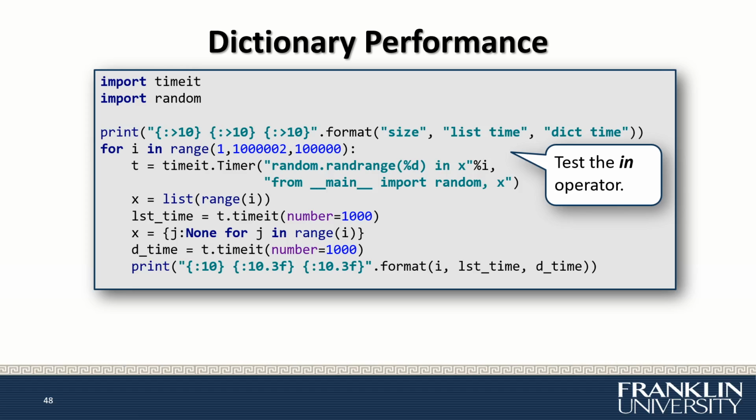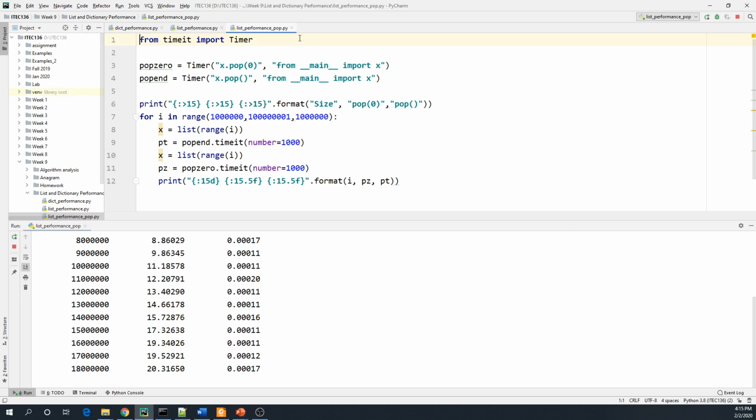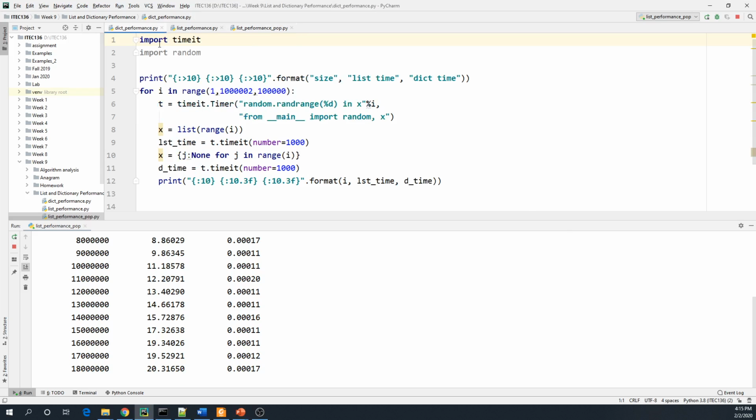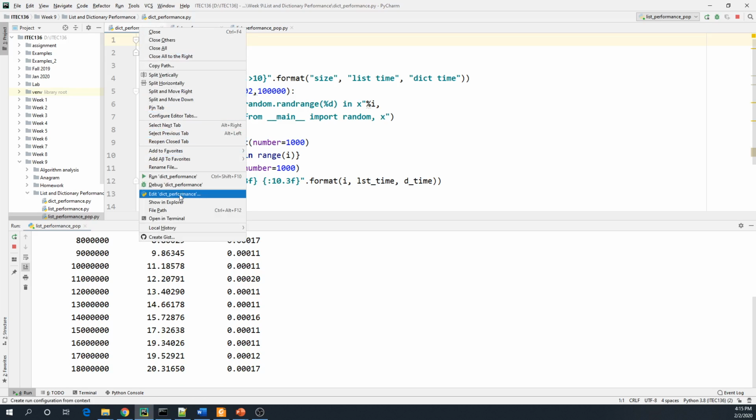What about dictionary? Dictionary, if you recall, uses key value pairs. And we do not use an index to look up a particular value with a particular key. So given this setup here, I am going to insert something into a dictionary and then try to read them out and look at the performance. I have some random numbers in the dictionary and look at the performance of the dictionary. And if I run this,